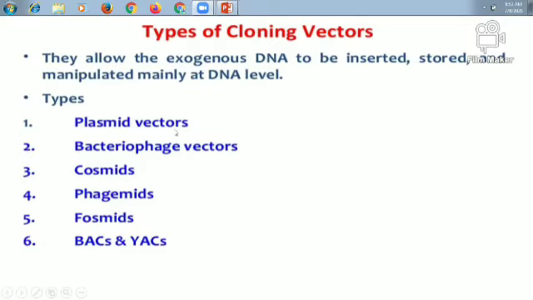But the best vectors are the plasmid and the phage. Here the plasmid is the best vector. Why? Because it is extra chromosomal material present in a bacterial cell, so we are not going to disturb the host's own DNA. Secondly, similar types of genes are coded on the plasmid as on the host cell DNA. Thirdly, the plasmid replicates very easily inside the host. These are the advantages.